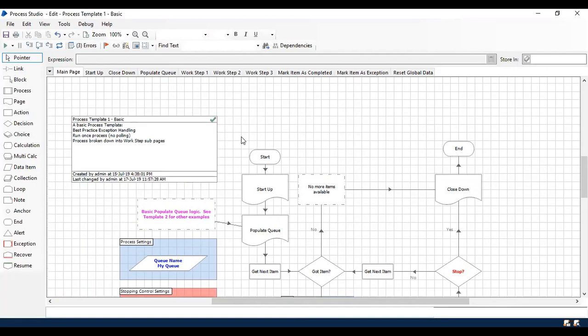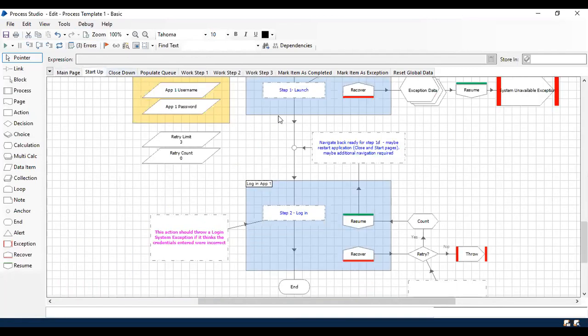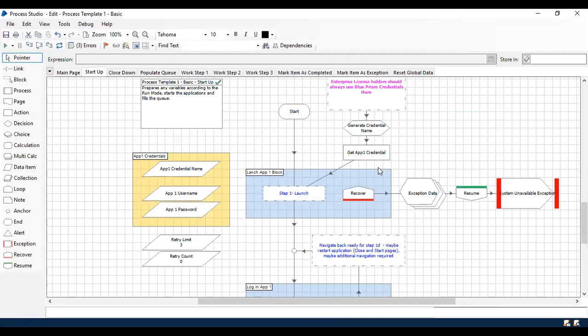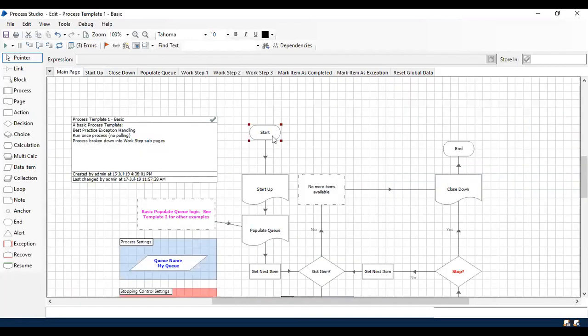As we discussed in the theoretical session, to add a startup parameter you have to add it only in the main page Start stage. It will be considered as a startup parameter. Any other page's Start input will not be considered as a process startup input parameter. Keep it in mind. So we are going to add one startup parameter.